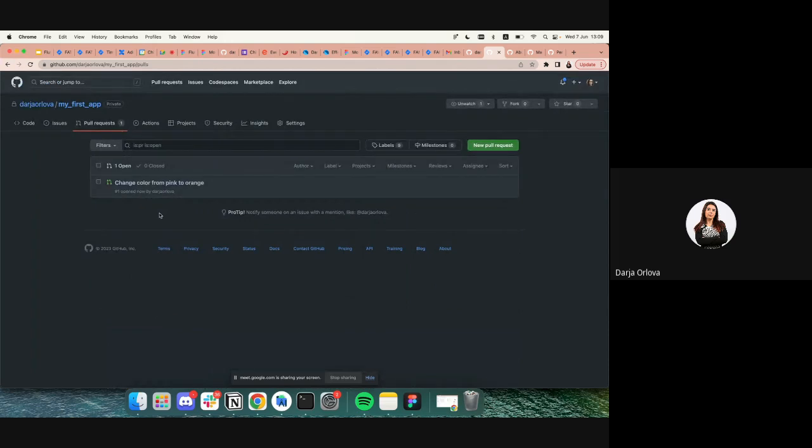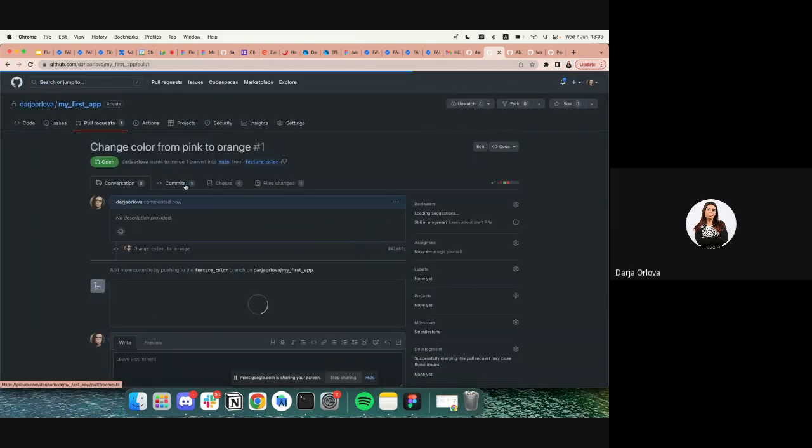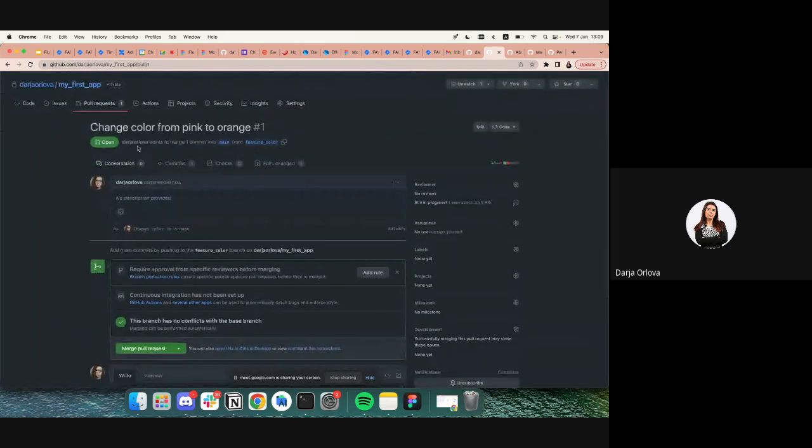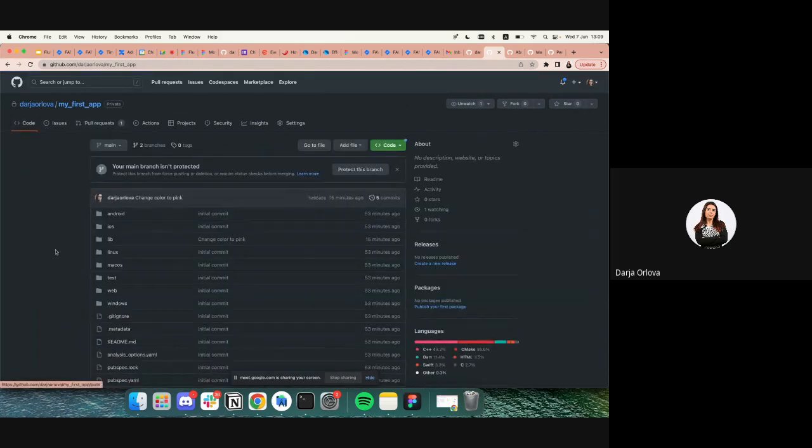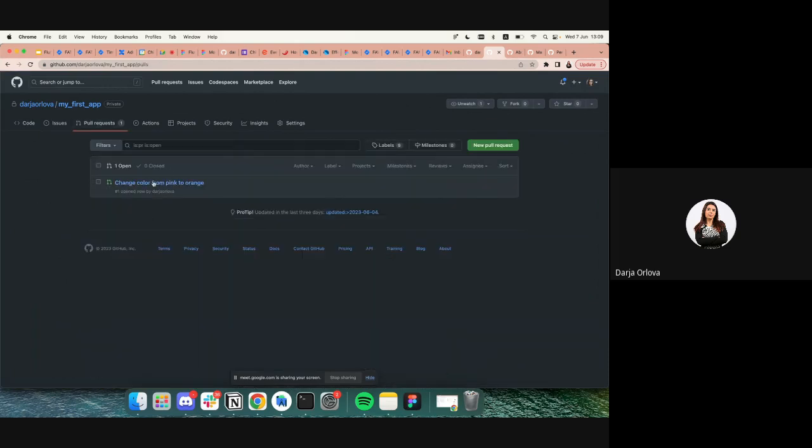It is set change color from pink to orange. It is opened now by me. And if we go here, we can see that Daria Lova wants to merge one commit into main from feature color. And the files that have been changed, for me, it's only one file. We will get to reviewing pull requests in a second, but now if we go back to pull requests, if we select the pull request,